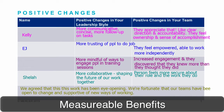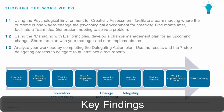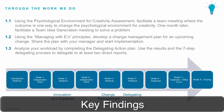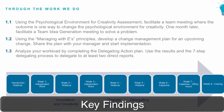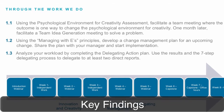Comments about the team include, they feel empowered, there's increased engagement, they have skin in the game, the team feels more confident. This program has been an exercise in change management, and our success has been outstanding. The focus on the on-the-job capstone project has increased participant completion rates. The capstone projects make the learning realistically applicable, it helps participants see the relevancy of the program, and it motivates